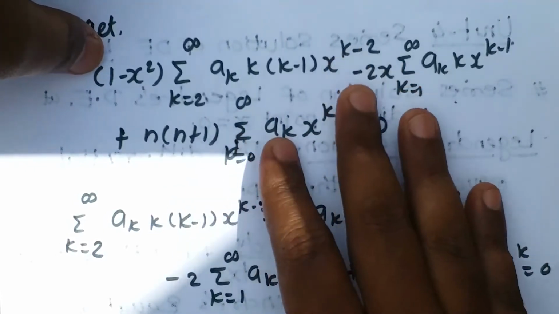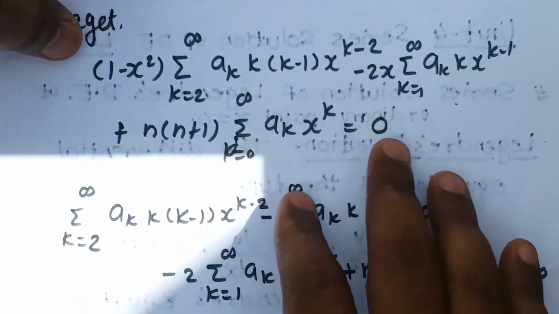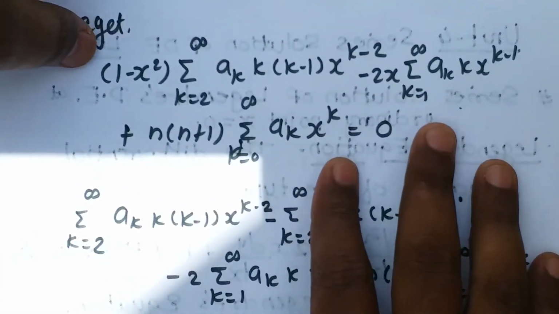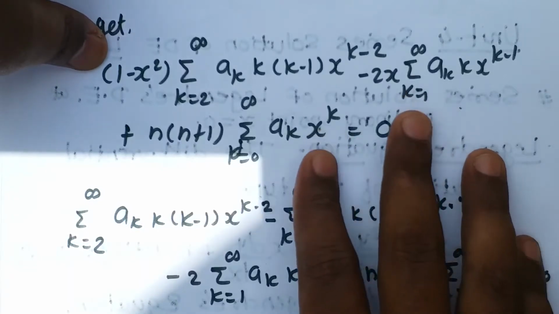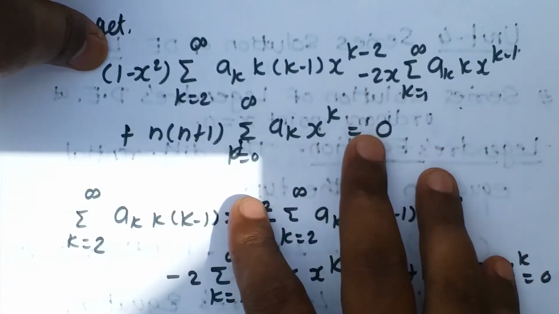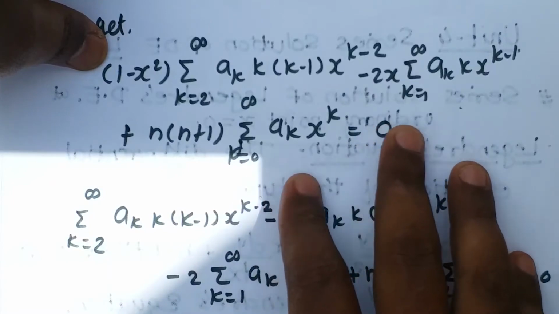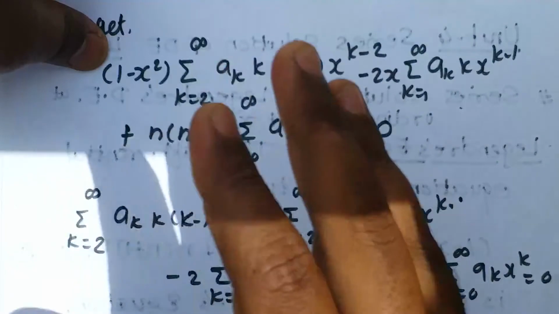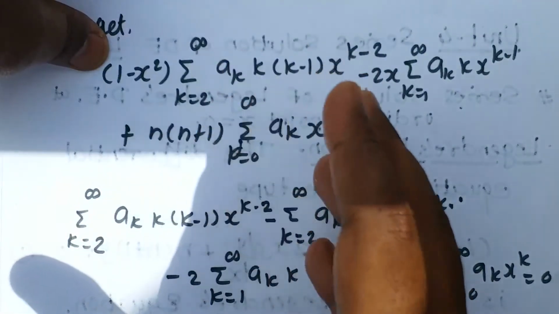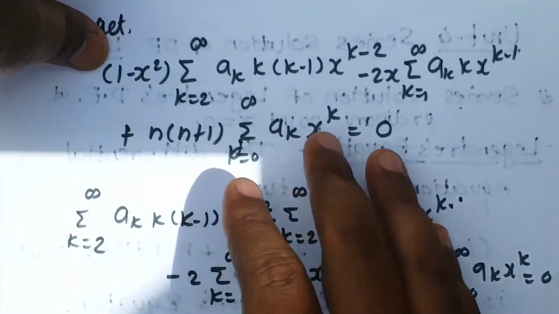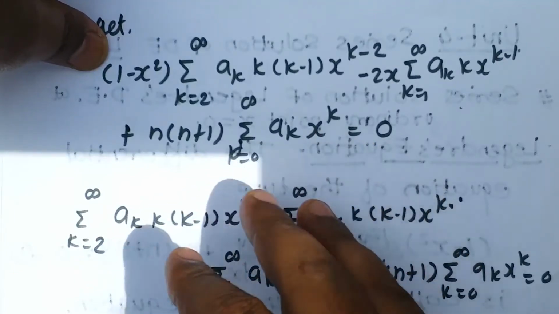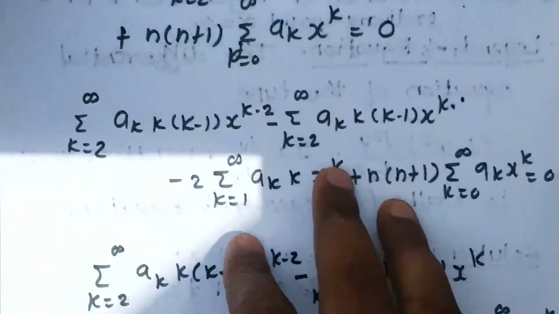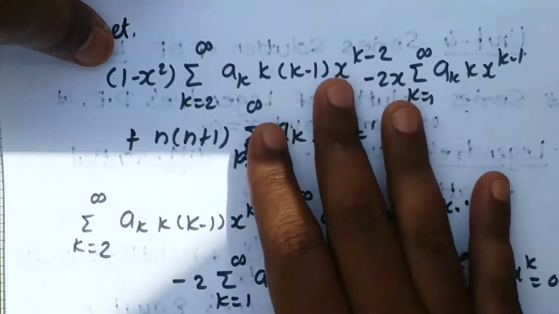Now we are going to simplify it further, and later on we are going to equate to 0 the coefficient of x raised to k to get the recurrence relation. Once we get the recurrence relation in the power series method, we determine the values of the constants a2 onwards in terms of a1 and a0, and that we substitute in equation 2, that is your power series y equal to a0 plus a1x plus a2x square and so on. Okay, so for doing that, first we are going to simplify this equation.